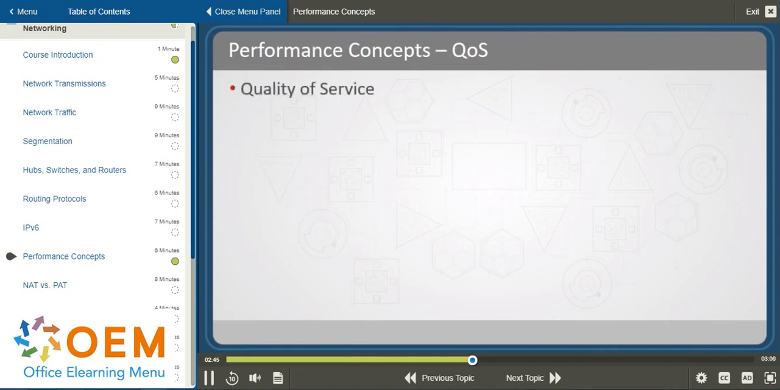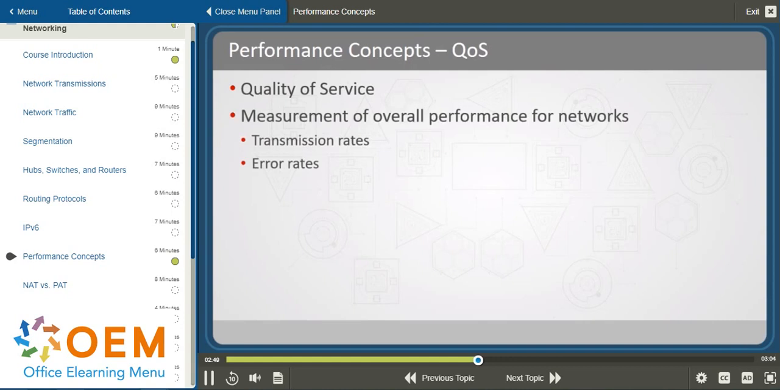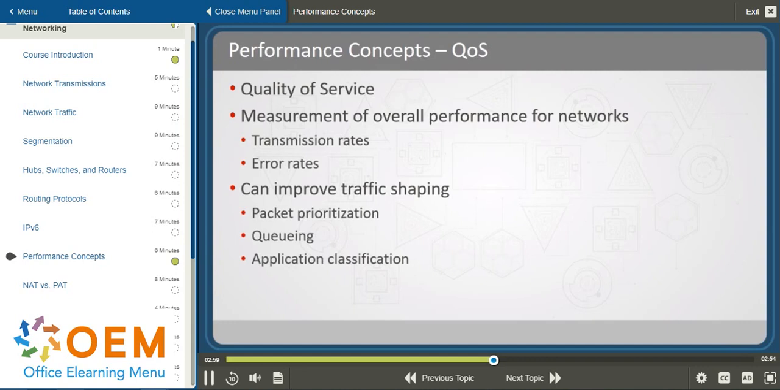The next one is called quality of service, or QoS, and this is a measurement of overall performance for networks based on things like transmission rates and error rates. And in essence, it's just trying to put it all together, if you will, to try to improve things like traffic shaping so we can better understand how the packets are actually being transferred, so we can